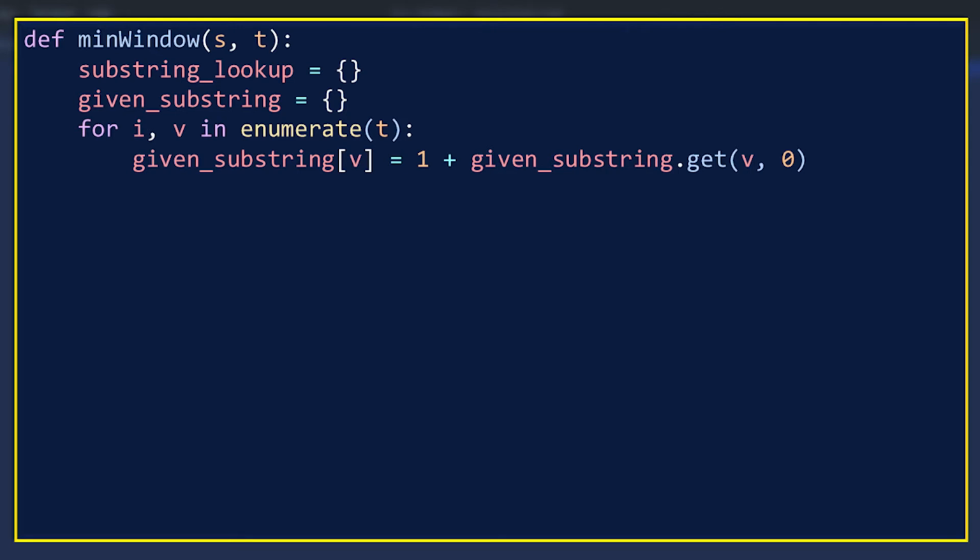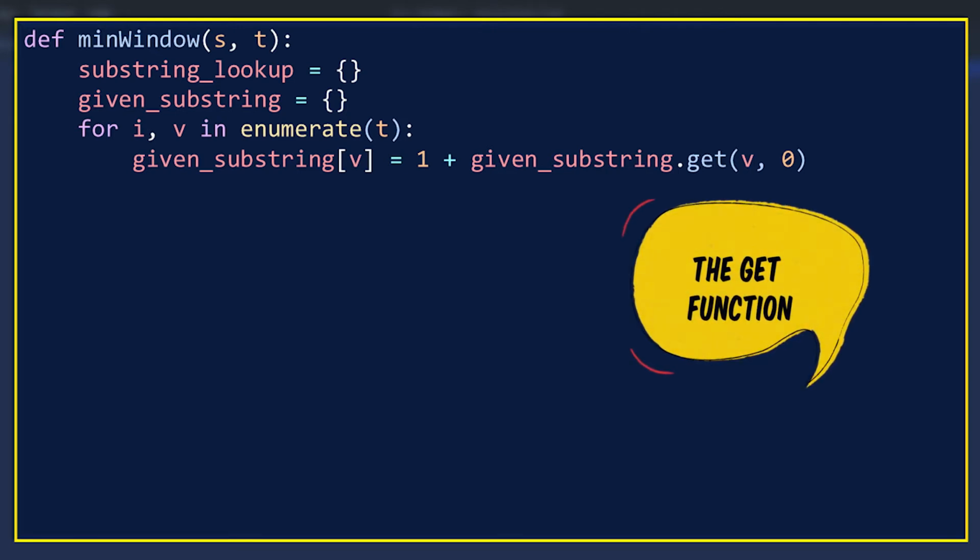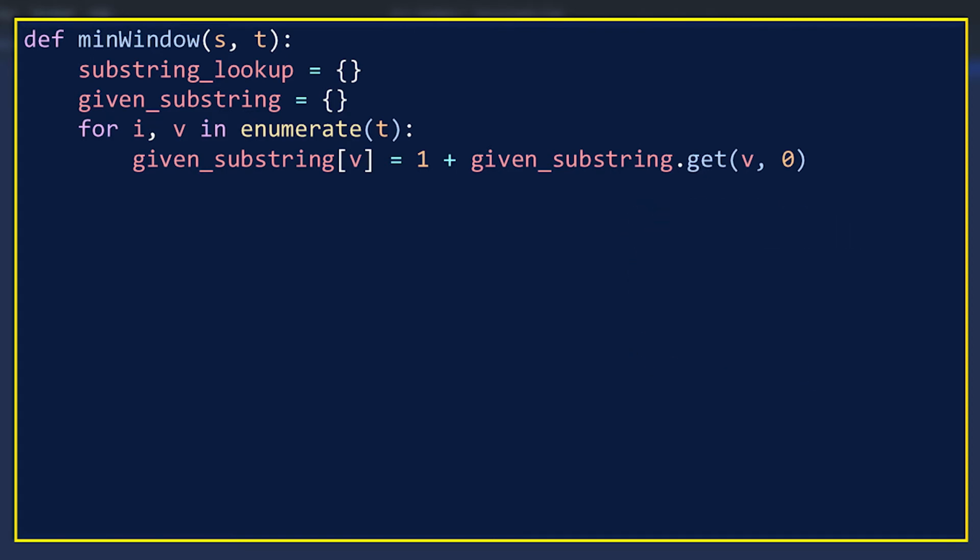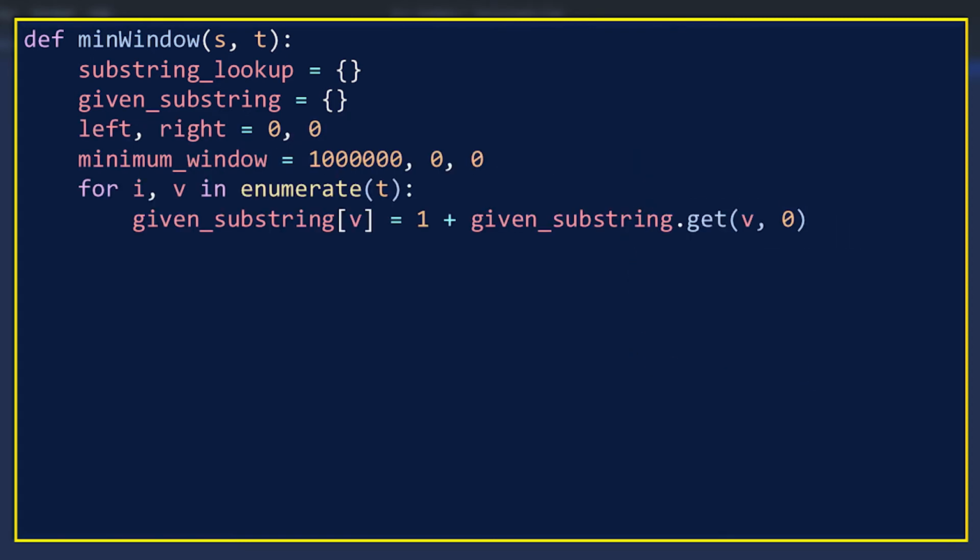We use a for loop and the get function in a dictionary. This allows us to use a default value if the key is not present in the dictionary yet. This usually happens when we are encountering the element for the first time. The next thing is we are going to use two pointers, that is sliding windows, to iterate through this array,